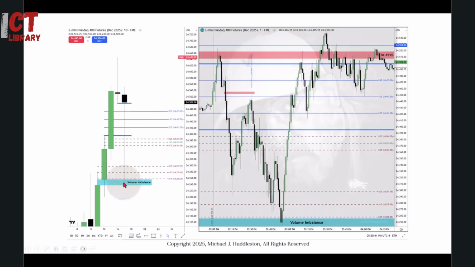So once it dropped down to the volume imbalance on the daily chart here, then it's going to do the second stage of delivery of FOMC. And I'll show you in a second what that means. But here's 2:30. Usually there's another wave of price action that begins at 2:30. And whatever the high or the low is, usually it'll run for it. But it first dropped down, sticking true to form and the things I talked about last night. It went down to a severe, deep discount into that volume imbalance, and then rallied all the way back up, straight shot, no pullbacks,